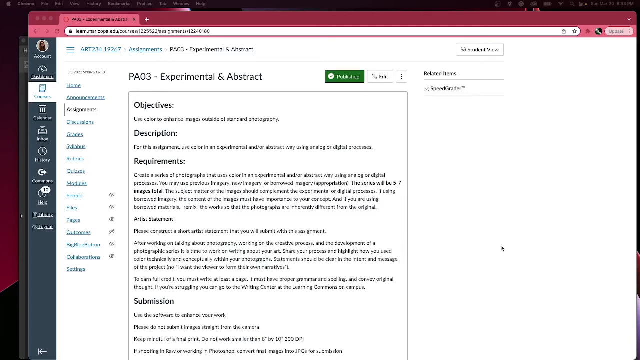Hello, so this is our next assignment, experimental and abstract photography. So we're going to use color to enhance images outside standard photography. We're going to look at some digital processes, even look at some analog processes using color to enhance or alter a photograph. So we're going to create a series, so images that are all linked together by some sort of